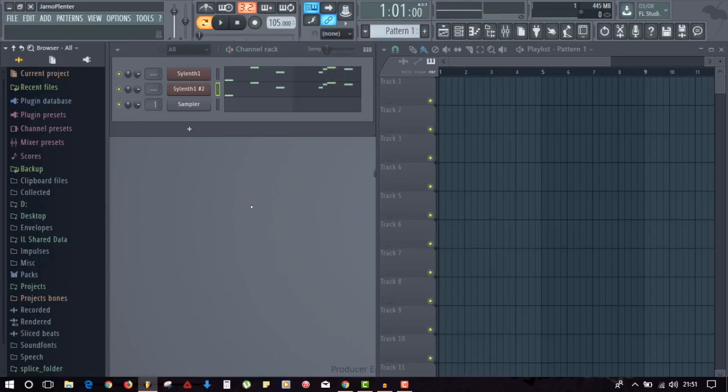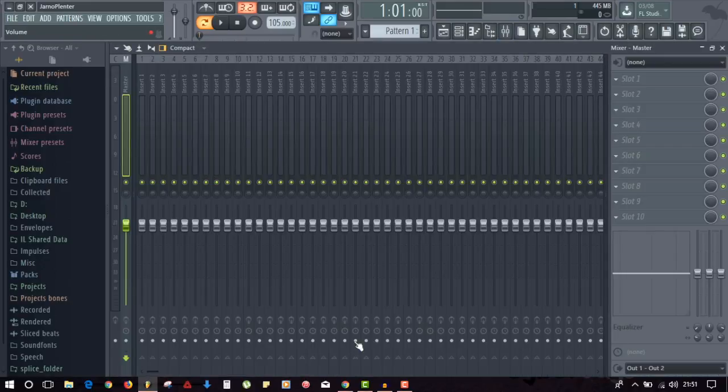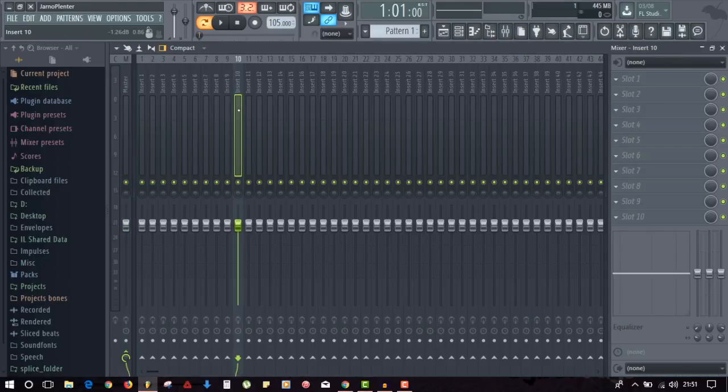Okay, next thing to do is we're going to add it to a channel. So make sure that both of these are highlighted. Hold down the shift button and you can select which ones you want. So we want to select both Sylenths, and we'll open up our mixer. Once you have the mixer open, select an empty channel and then hold down Control and press L and it'll link it in. So now if we play it back,